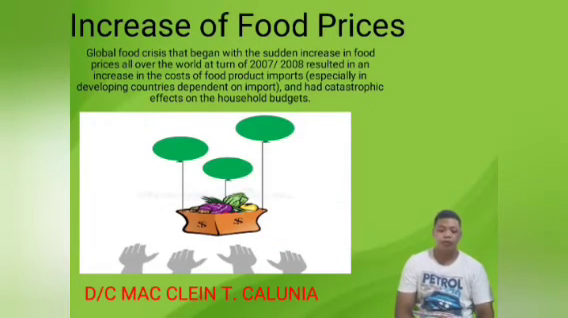The next is the increase of food prices. The global food crisis that began with the sudden increase in food prices all over the world resulted in an increase in the cost of food imports, especially in developing countries dependent on imports, and had catastrophic effects on household budgets. The increase in prices is being felt the most by millions of the poorest people. It is estimated that global food prices can increase by 70 to 90% by the year 2030. And that's without